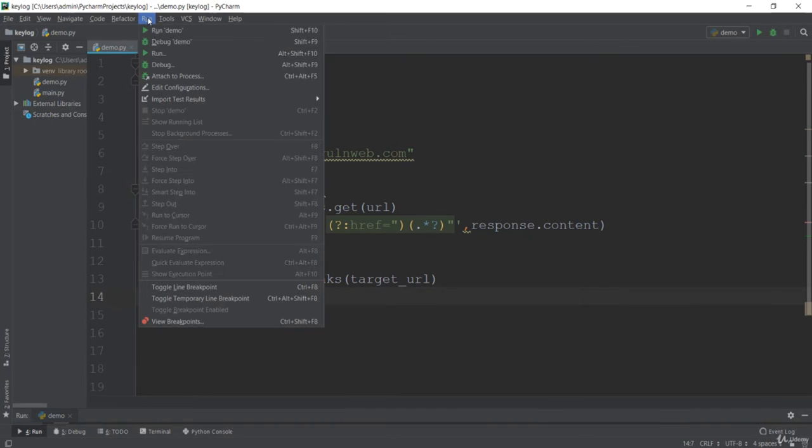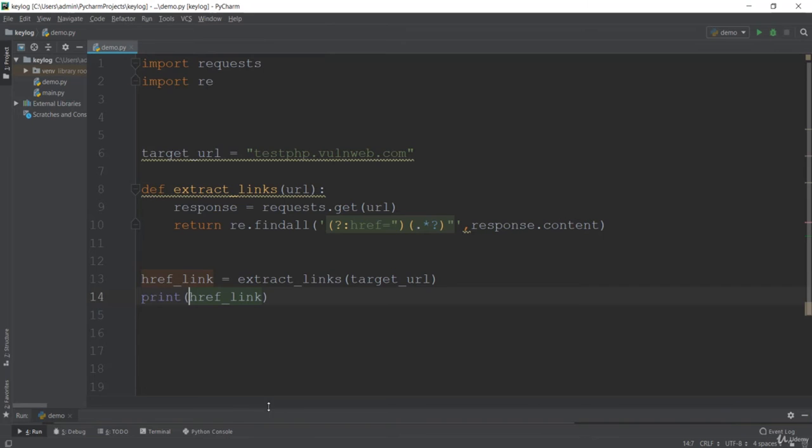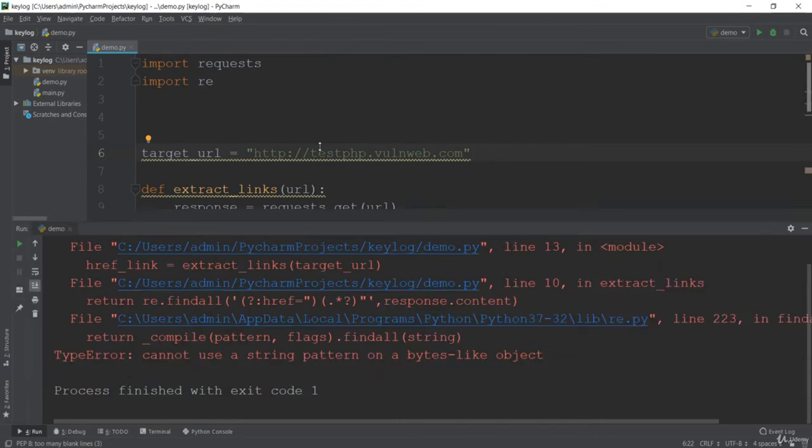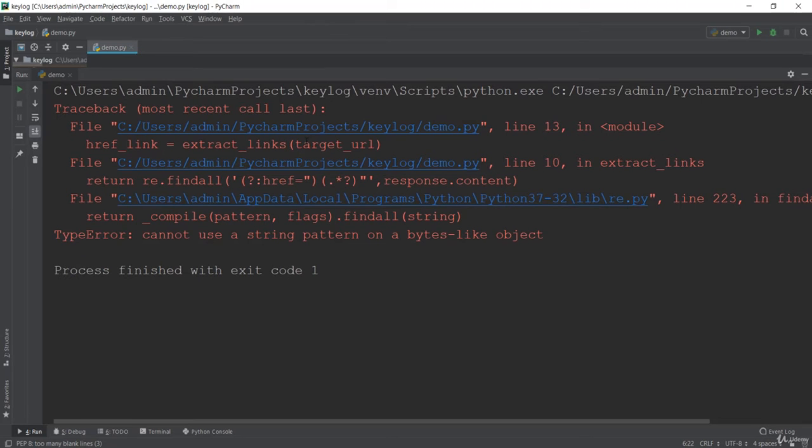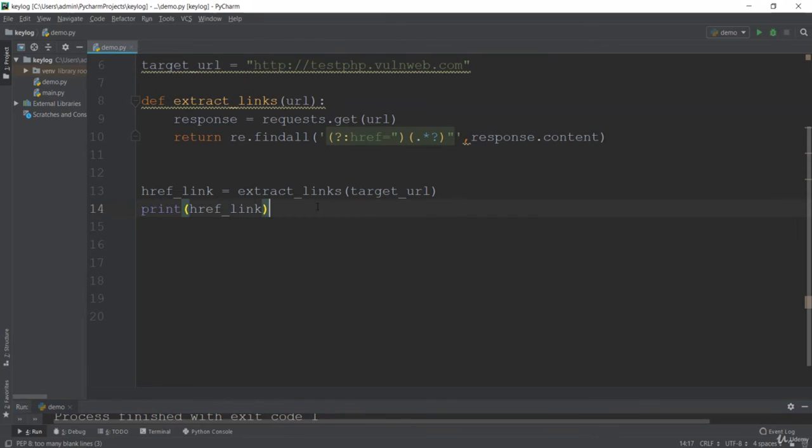So let me just run this real quick. Okay, it is giving us an error because obviously we haven't got the HTTP here. So first of all, you have to have the HTTP, and let it be the actual website. So just make sure you include this HTTP, otherwise it is not going to work. Let me run it one more time, and again it is saying something is missing. So okay, maybe about here we missed,